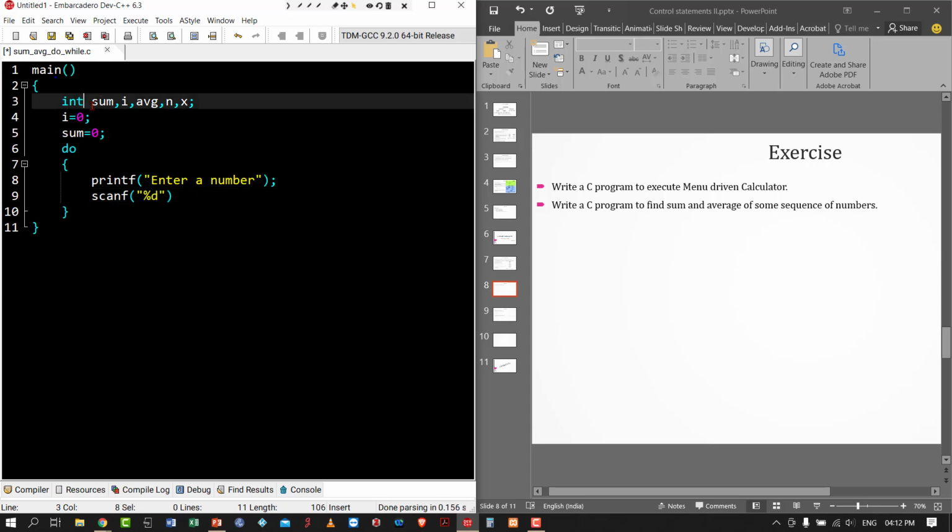Since I am finding the average, I am declaring everything as float, because some division operation will come in.